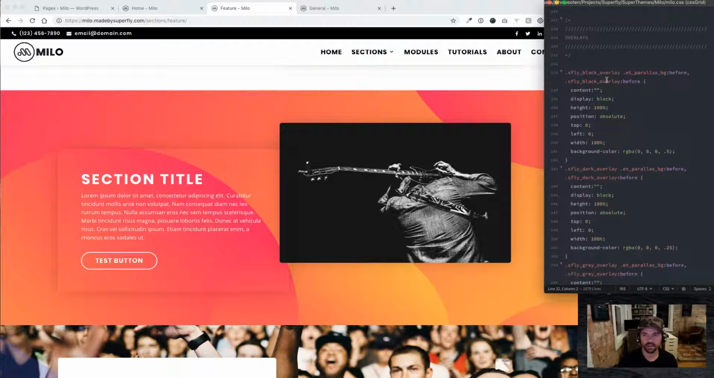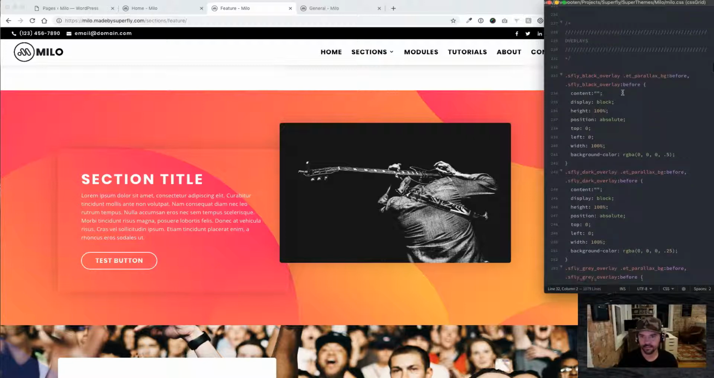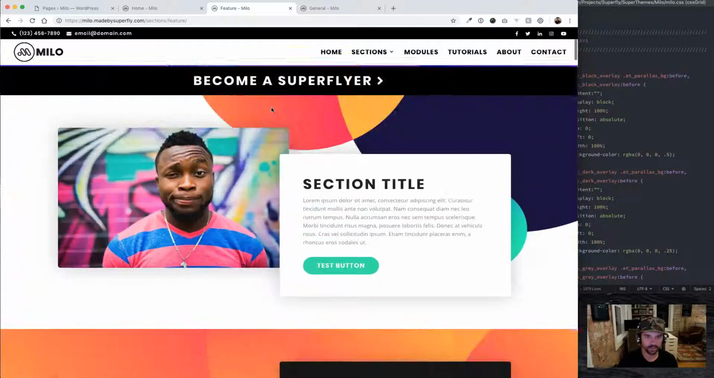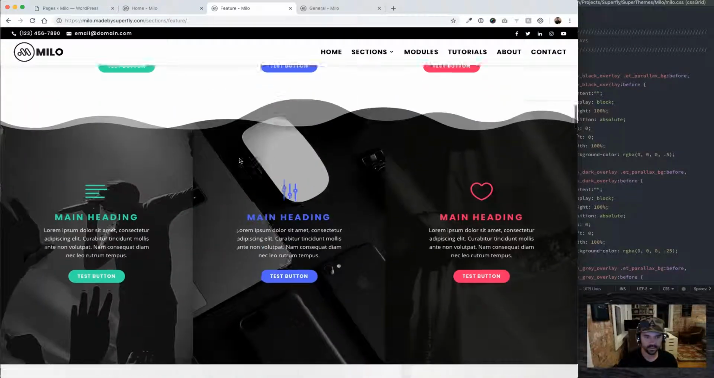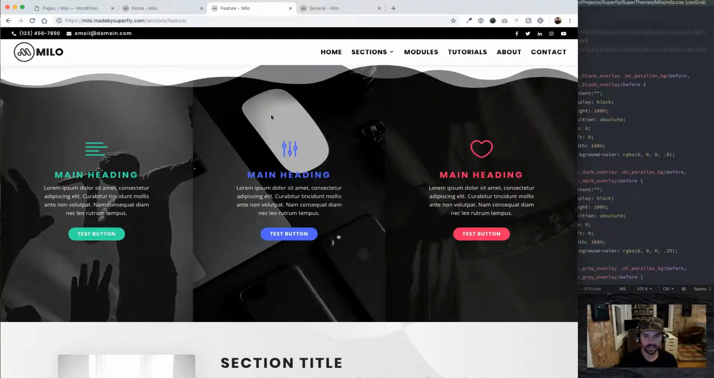Overlays, we have some colored overlays that we've built in for you. So let me find one here. For example, this right here. There's a dark overlay on this whole section here. So if I inspect this,